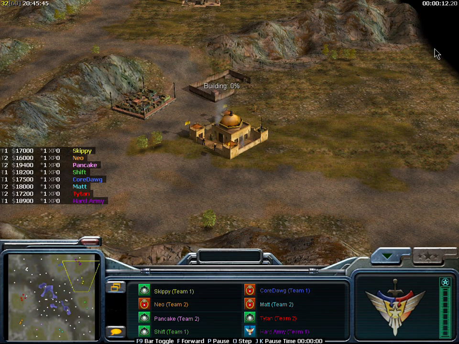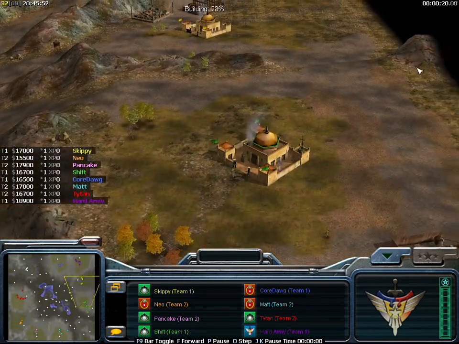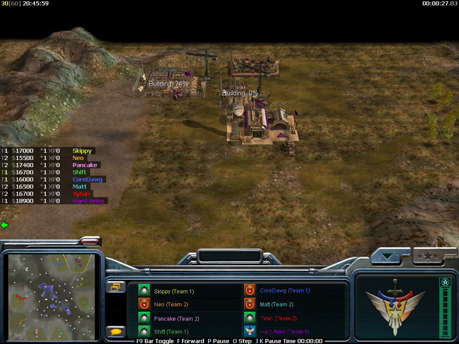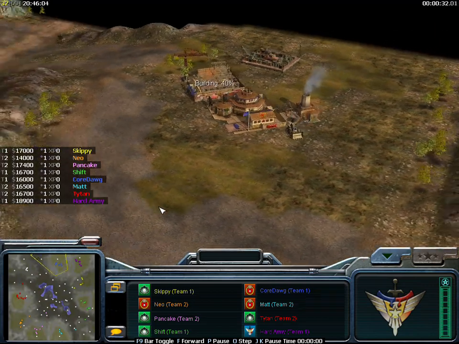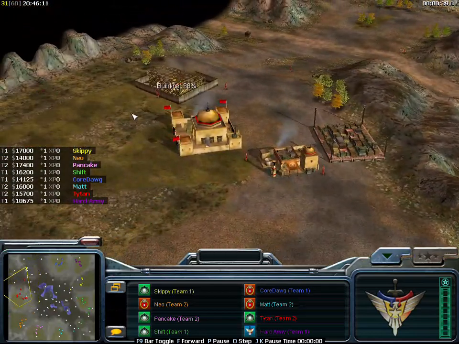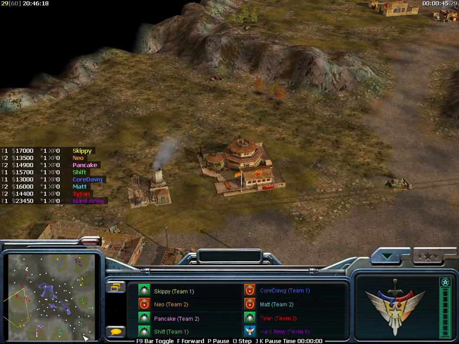It's a 4v4 map. And we've got the right team, starting off with Skippy, GLA Stealth. Down here is Shift, China Vanilla, or GLA Vanilla. Hard Army is going to be the USA Laser. And Coredawg, China Tank. Across the valley, Coredawg would be Tytan, GLA Stealth as well. Skippy and Tytan both GLA Stealth. And orange is Neo, China Tank, his favorite